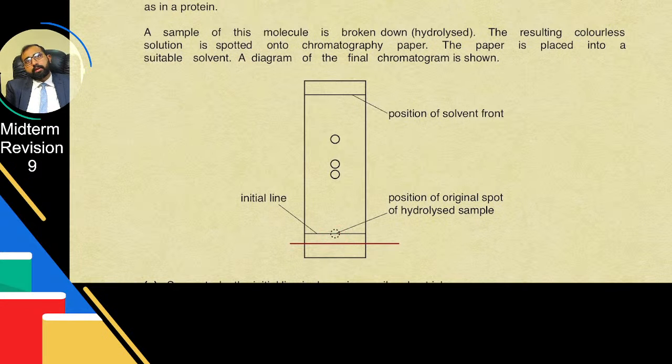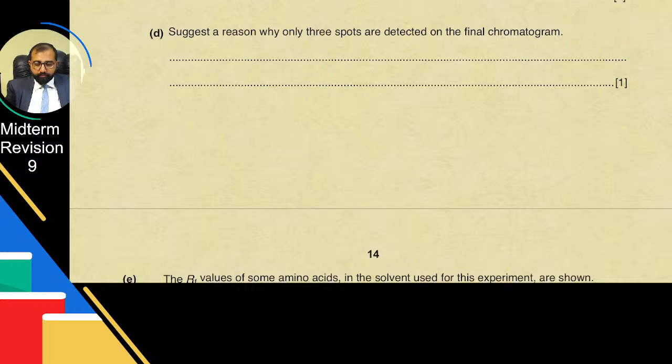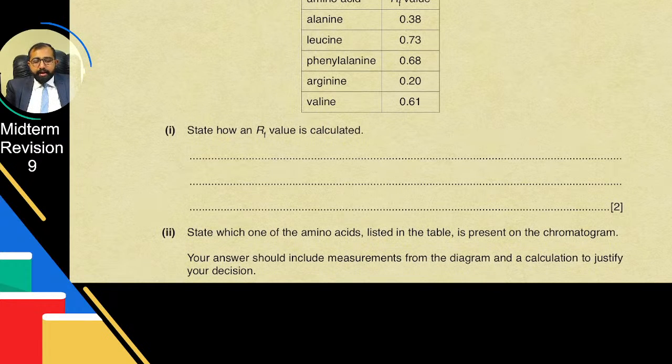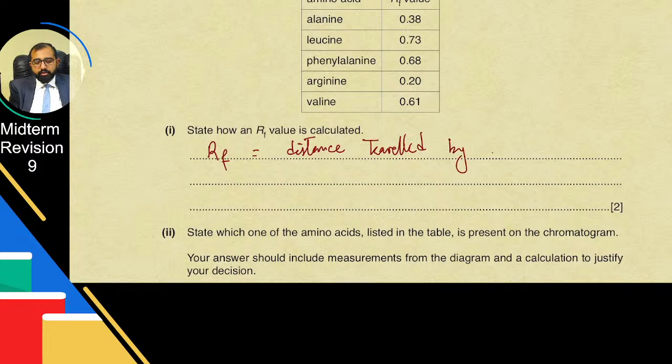So we'll say that 2 of them are the same amino acid. Okay. The Rf value of some amino acids is shown. State how an Rf value is calculated. So it's the formula. We'll say Rf value is distance traveled by solute over distance traveled